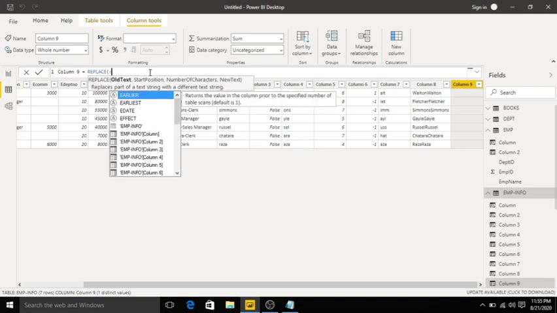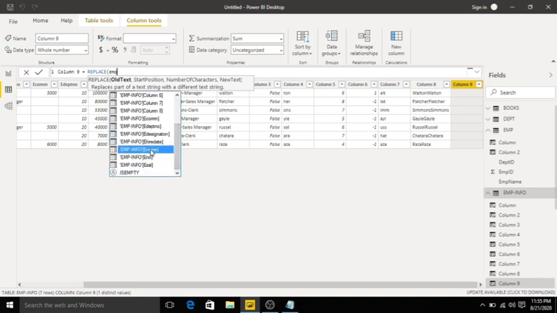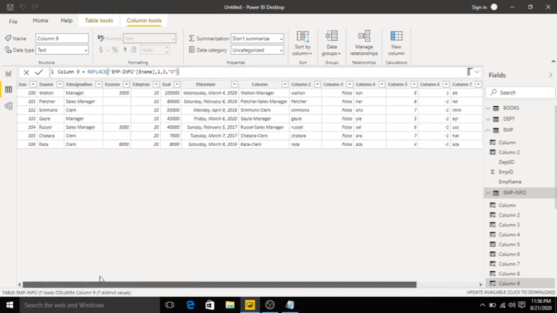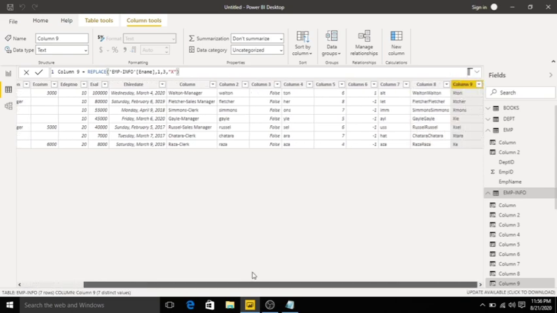Replace employee info of ename, starting position 1, comma number of characters 3, replace with X. Click enter. See Walton represented as Xton, Fletcher represented as Xtcher, like this.